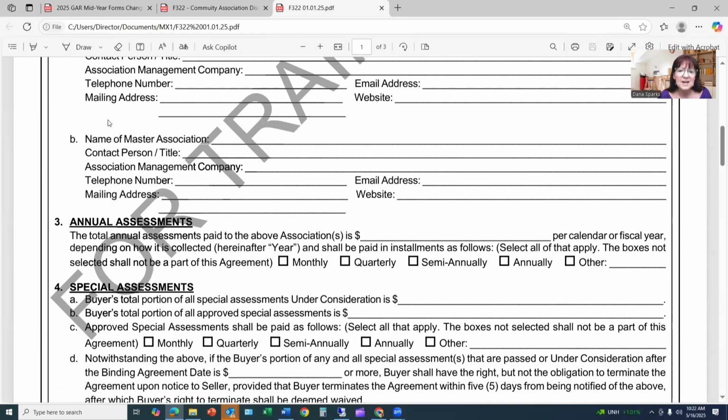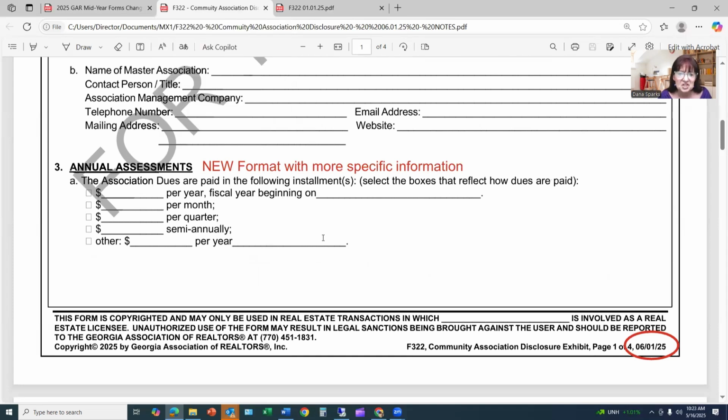So in January, this is what it looked like for annual assessments. It had a dollar amount and then sub check boxes for how it was to be paid, monthly, quarterly, and so forth. In the June 1st revision, it talks about per year, and if it is a fiscal year, throughout this disclosure exhibit, the CAD exhibit, they have now referenced a fiscal year.